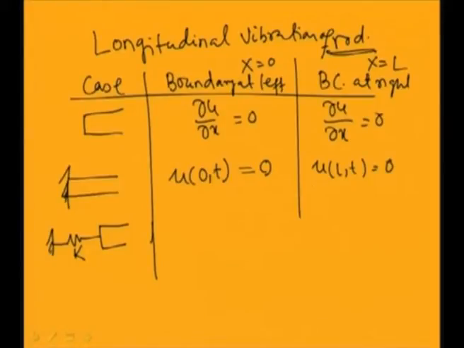So, if we are putting a spring at the end, then the force exerted by the spring will be equal to the force given by this rod. You know the displacement at this position; at the left end the strain will be equal to del u by del x. So, the stress will be equal to E multiplied by del u by del x, and the force at the left end P will be equal to E A del u by del x. So, this E A del u by del x will be equal to the spring force.